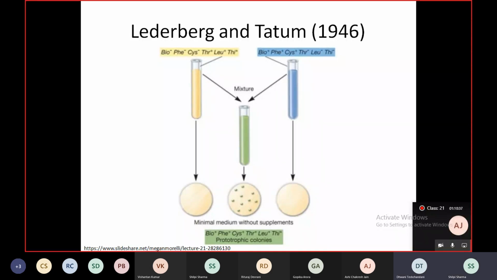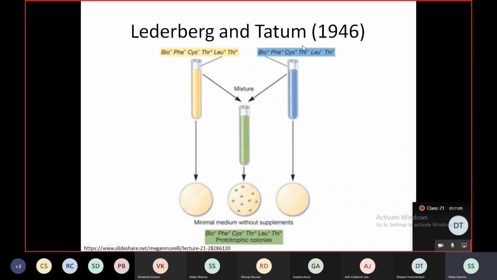Yeah, basically they were organisms that had mutations such that some biochemical pathway was disrupted. Correct, yes. So you're right, Ashi and Dhwani. Because one of the biochemical pathways would have been adversely affected, the inherent ability to produce a particular metabolite, or for example, we talked of amino acid, was affected. So in the particular medium, you needed to supplement it with these